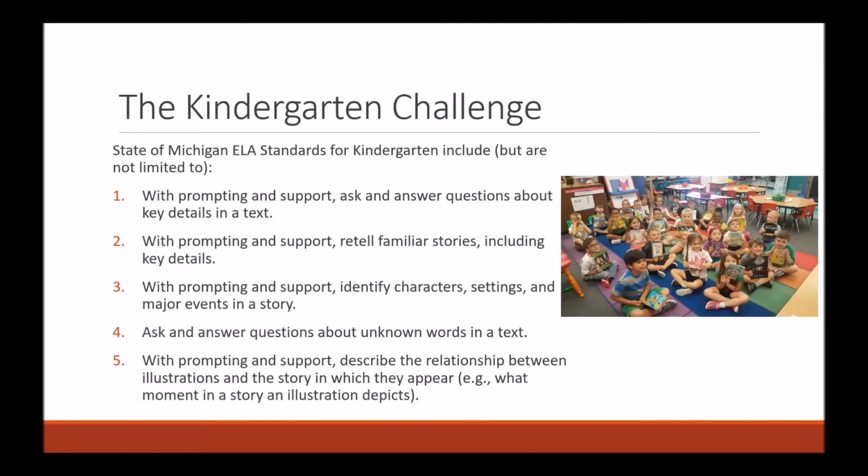Teachers are building students' literacy skills. And I should note that the standards we talk about on these slides were the ones that were in place when we developed each of these programs, which has taken place over the last 4 years. They may have been slightly updated or altered since then. But the Kindergarten Challenge is